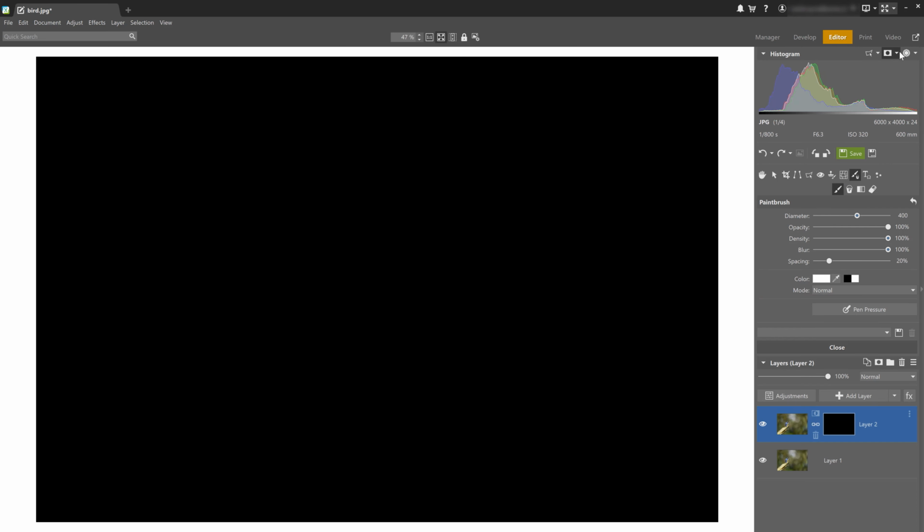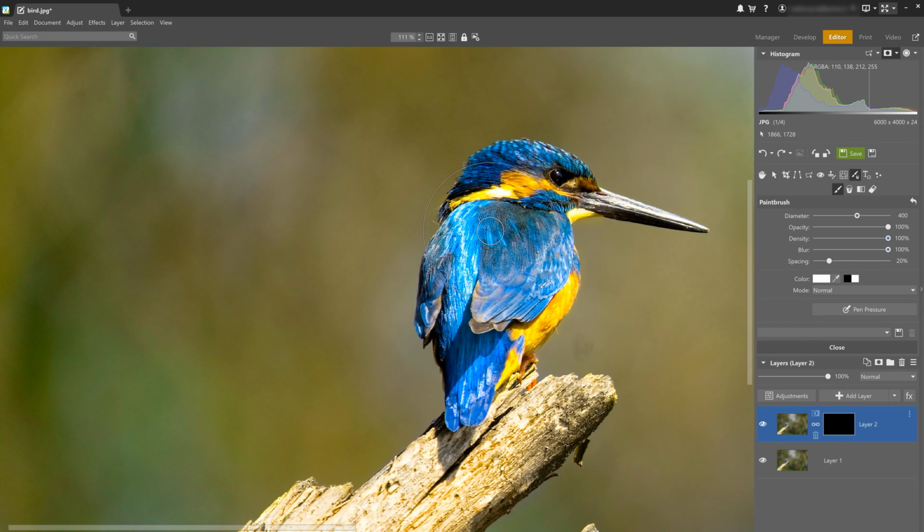Now the display mode that you use depends entirely on what you are comfortable with. I recommend trying out all of them because each display mode might have something that you could have missed. Now to start, I'm going to choose inverted because I want to paint my selection. And I'm ready to go. If I go outside the lines, that's okay because I'll just use black instead of white to remove it.